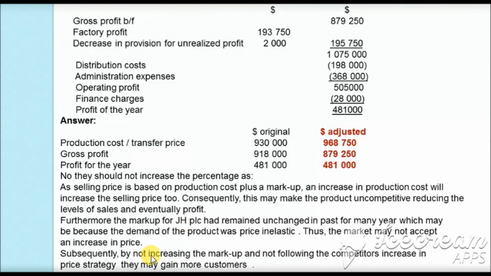So, by increasing the markup, if they follow the competitors, there may be a huge loss for JH Limited. So they should not increase the markup, and hence they should not follow the